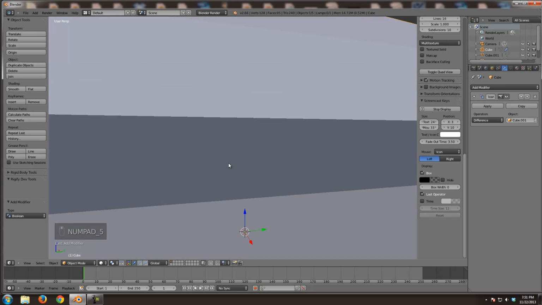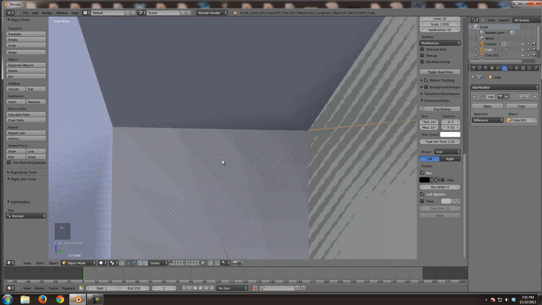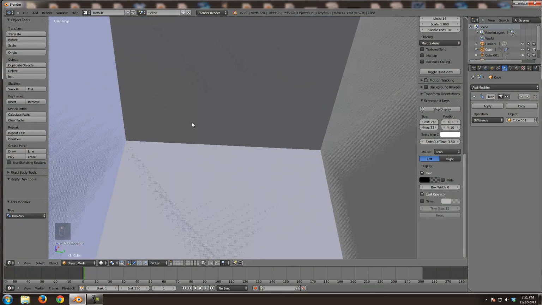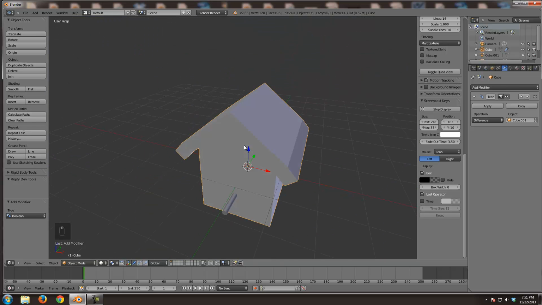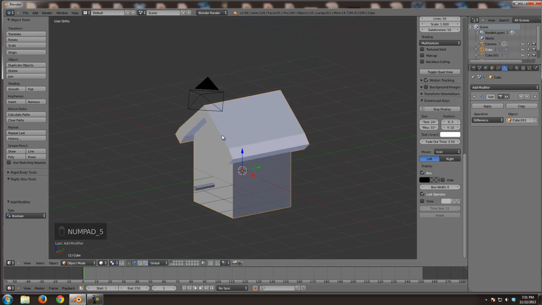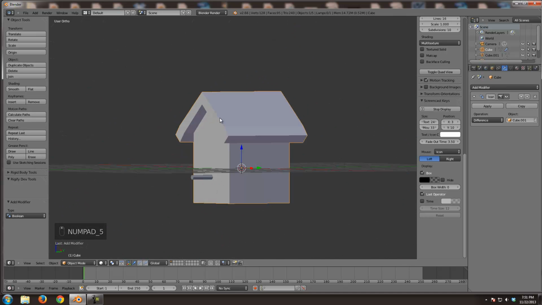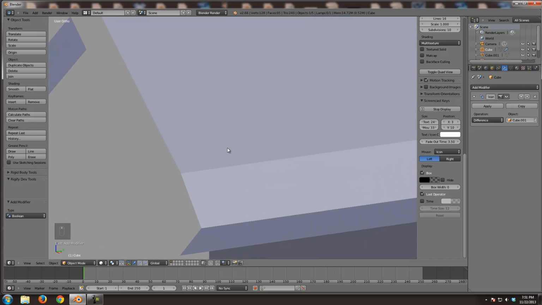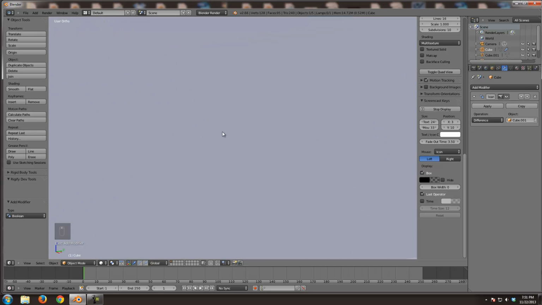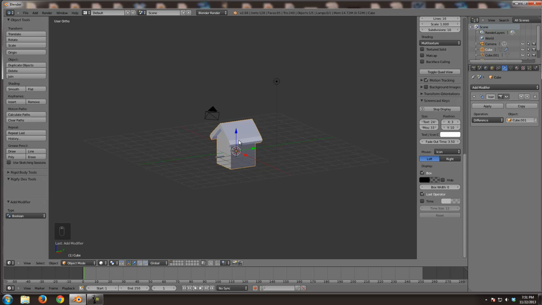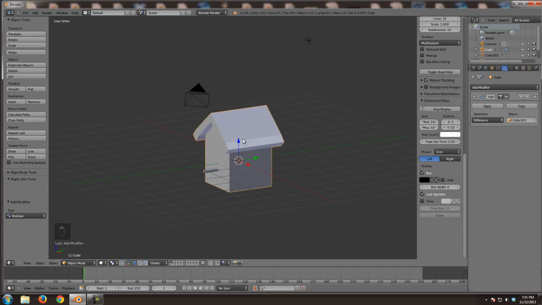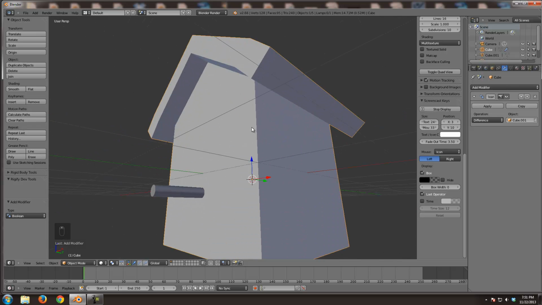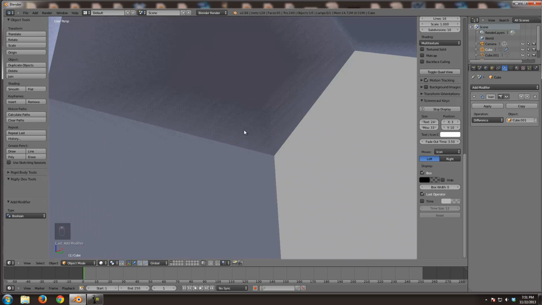And actually, if I throw myself in a perspective camera, I can put my camera kind of inside here and see that it's gone hollow. So I know that it did its job fine. If you're in an orthographic camera, orthographic does not consider depth. So no matter how far you zoom into something, your camera will never penetrate the surface of the mesh. But remember, if you hit 5 on the keypad and you go into perspective mode, you can zoom in with your scroll wheel and actually